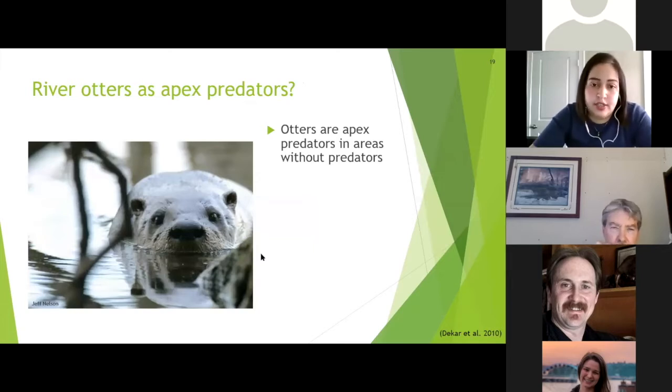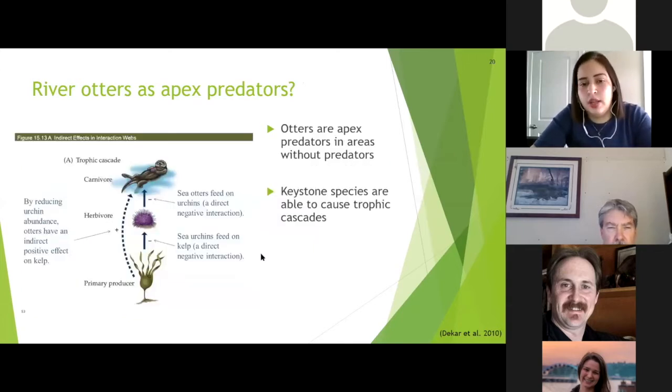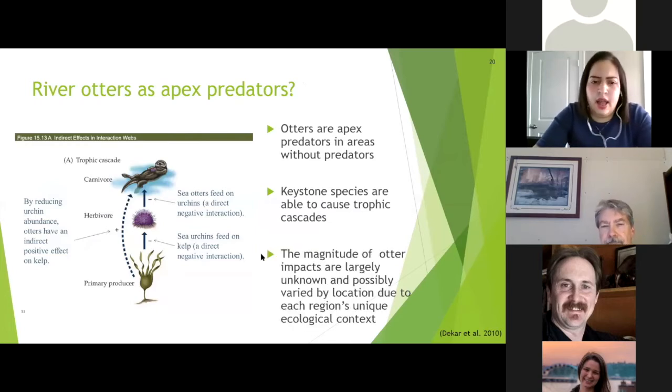River otters in areas that don't have other predators, for example, orcas, alligators, or crocodiles in coastal or marine areas, are often considered the apex predator because there's nothing that will prey on them. However, we don't necessarily know if they can be considered keystone species, like sea otters, which consume sea urchins, thus affecting primary productivity. And we don't necessarily know this because each possible trophic cascade, the magnitude of otter impacts, are